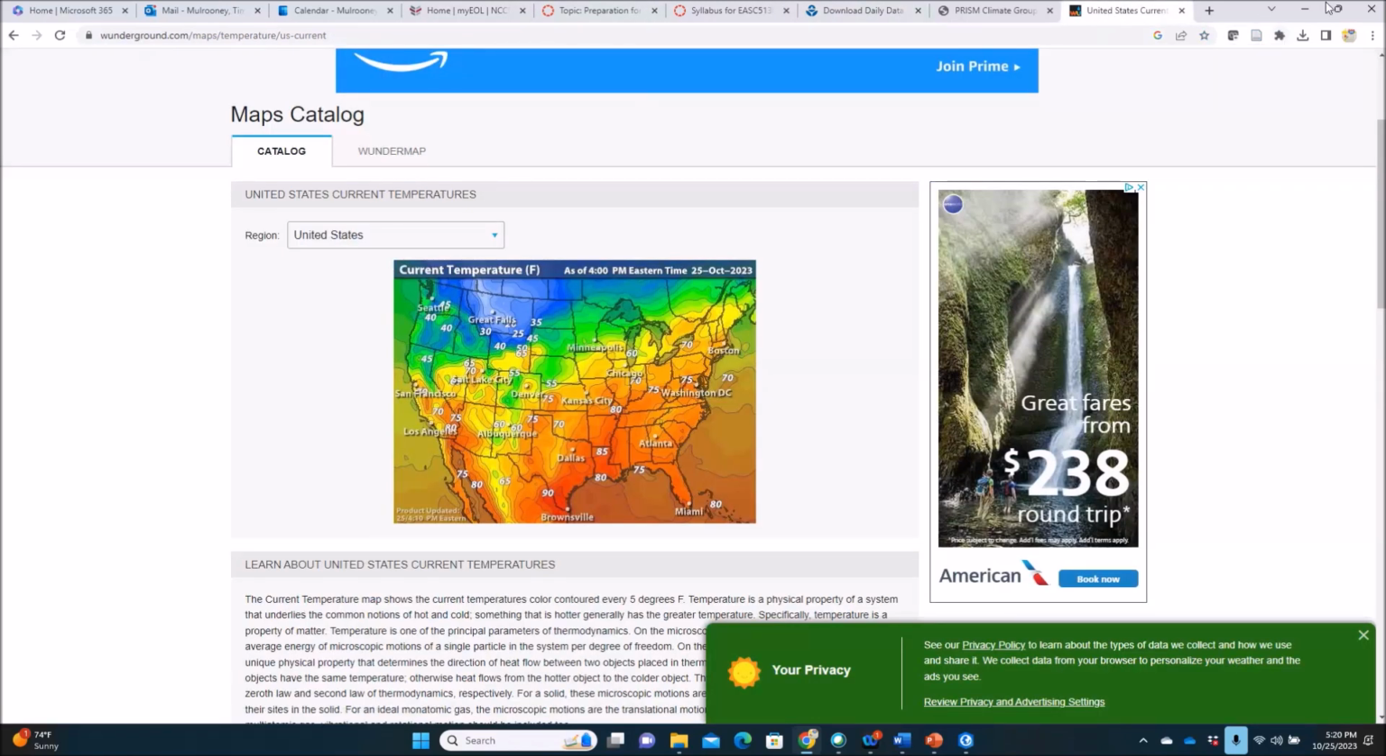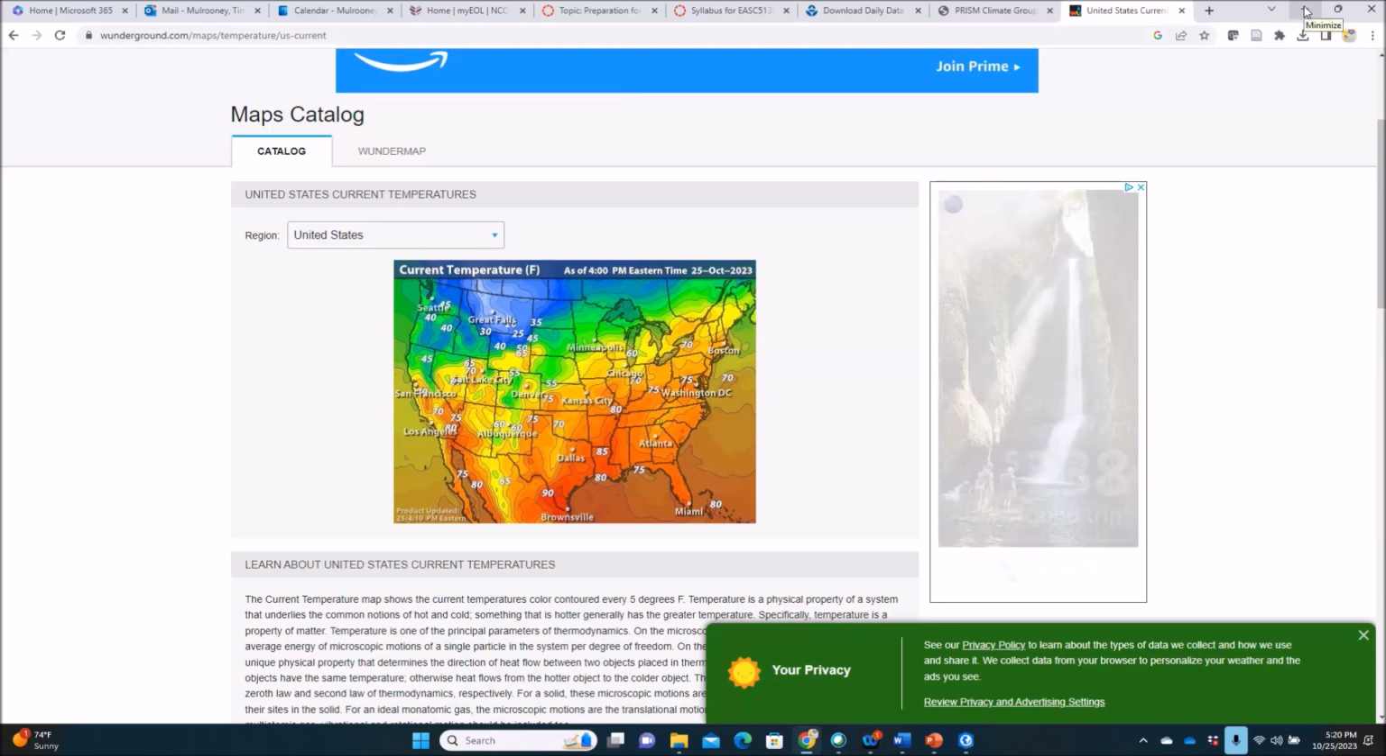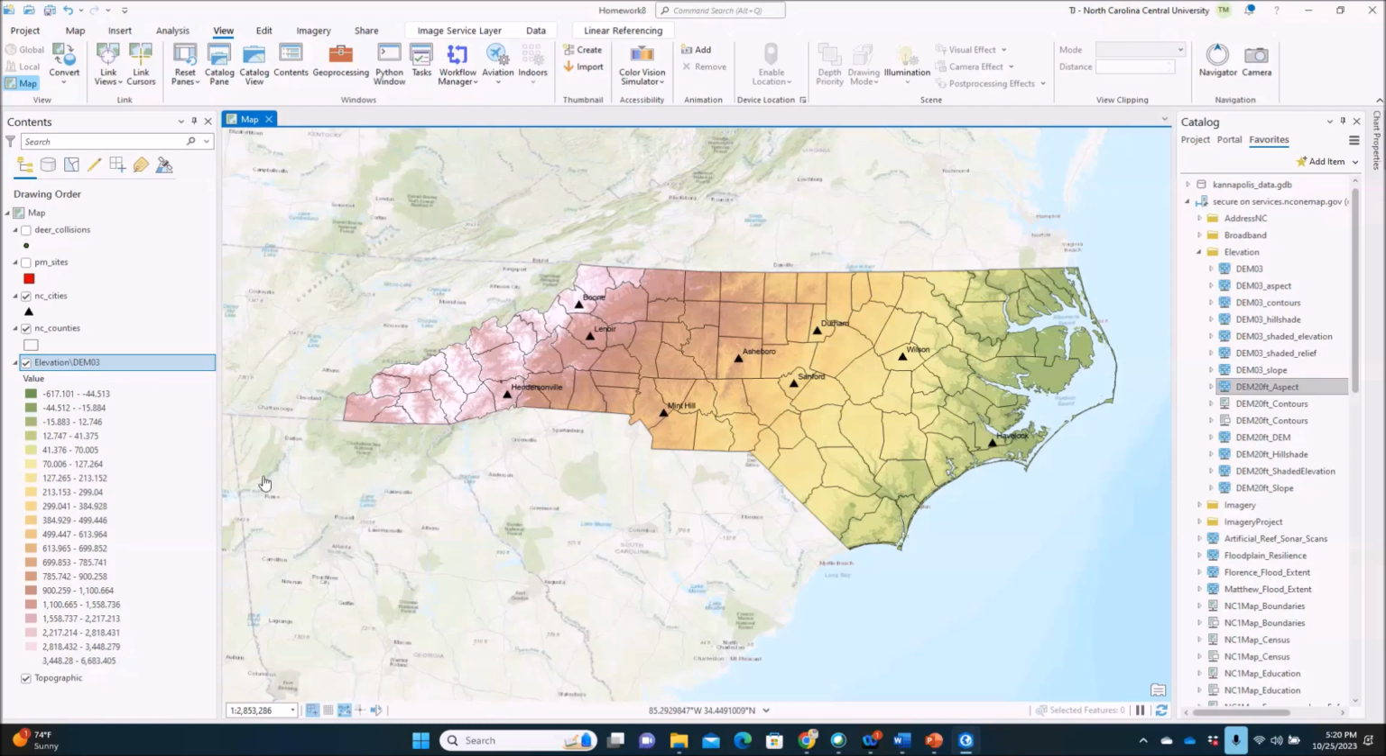So one of the other things that we are going to talk about here, and so what I'm going to get into is we're going to start looking at the idea of raster data. Now, this is a great example of raster data. You can see